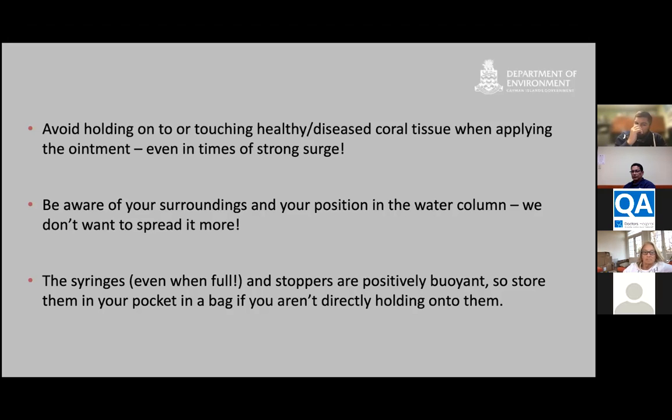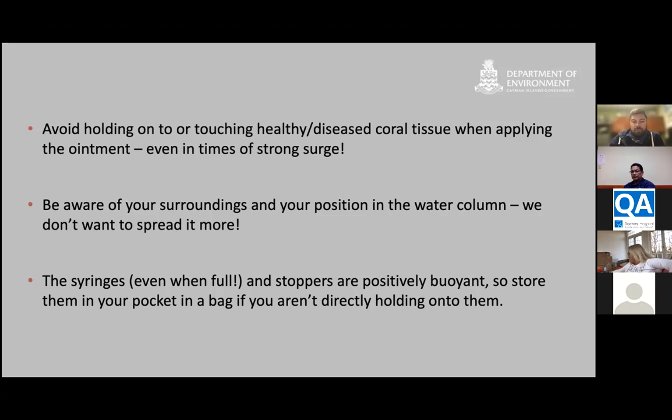So when you're applying the treatment, just make sure that you're not actually physically holding the coral that you're treating, because again, you don't want to be transmitting any disease that may be on your gloves, as we use them all the time. It can happen in times of strong surge that you'll be bumped into something, but sometimes it can't be helped. But if you can, just please don't be touching the coral anyway,